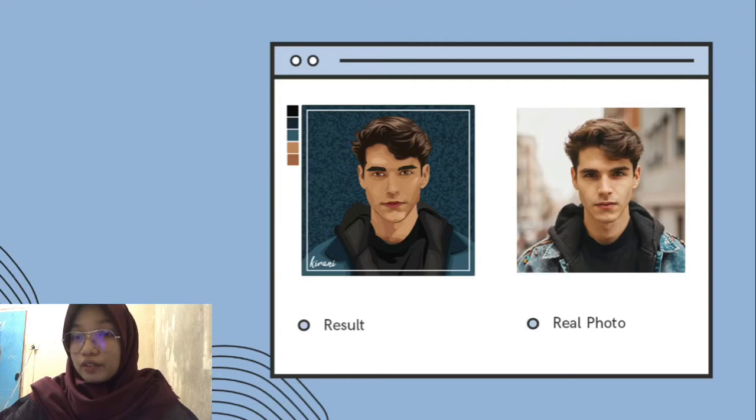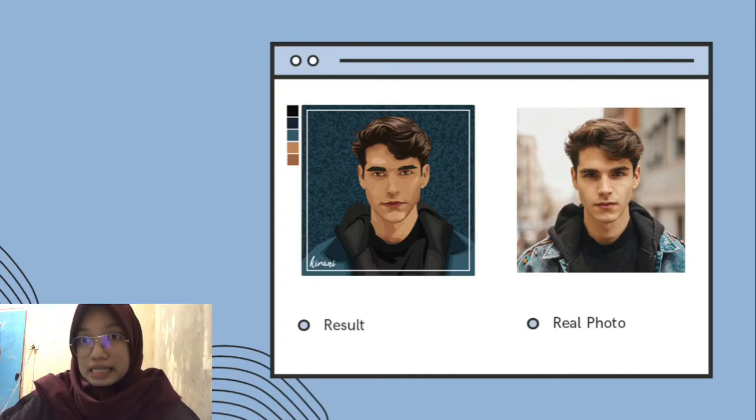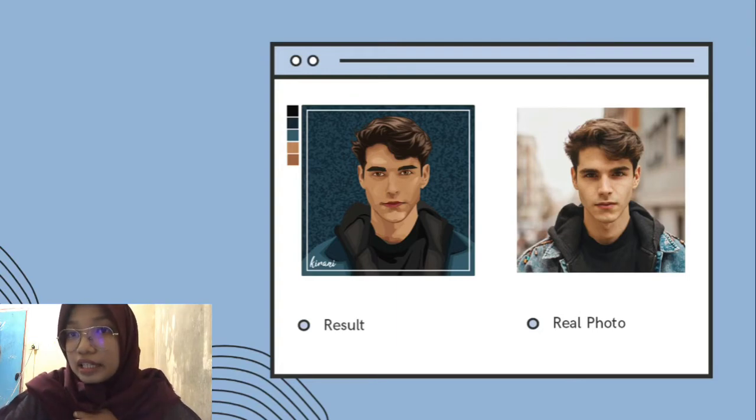After we know what is vector portrait, I want to show you my artwork. Let's see the right side of my presentation. There is a real photo of my artwork. I downloaded it from Pinterest. I use it as a reference and guidance for me to make the artwork. Let's see the left side of my presentation. There is a result of my artwork,